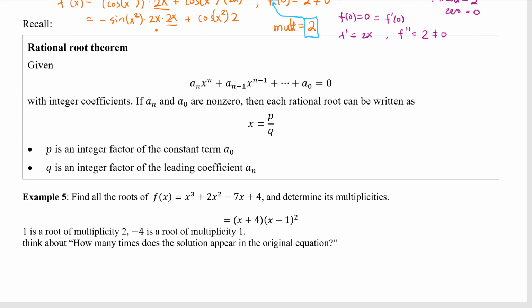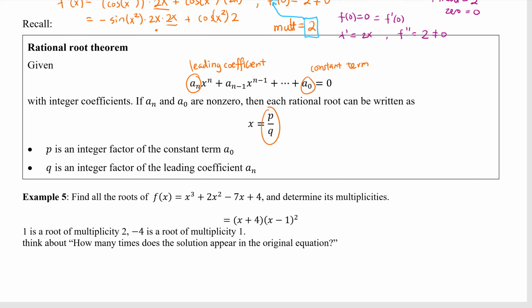Hi everyone, let's continue. Do you still remember the rational roots theorem? Suppose we have a polynomial with integer coefficients. If a_n is the leading coefficient, the coefficient of the highest term, and a_0 is the constant term, and a_n and a_0 are non-zero, then each rational root can be written as